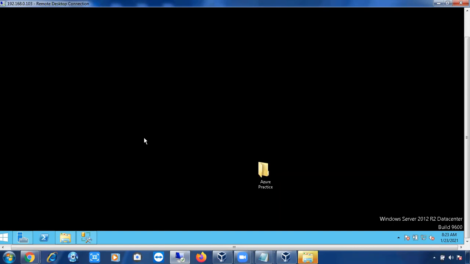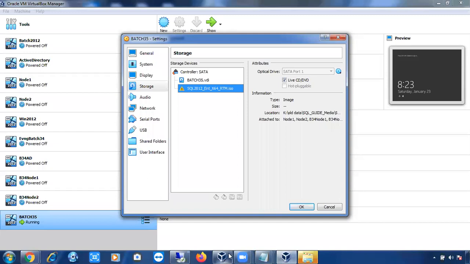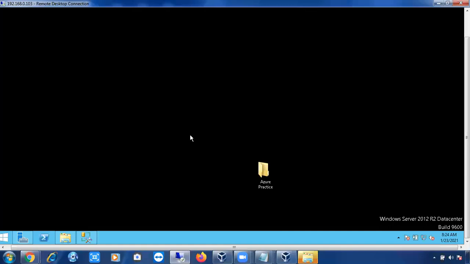But for that, you have to connect to the server remotely. If you log into the machine directly, you cannot copy and paste. Only then can you copy the files from your local machine to the virtual machine.